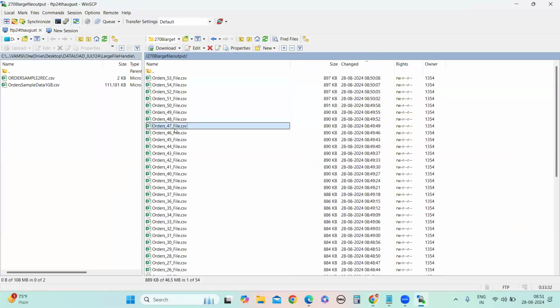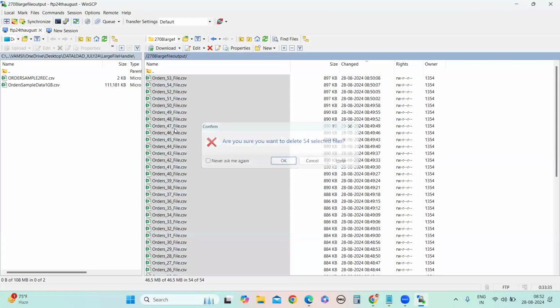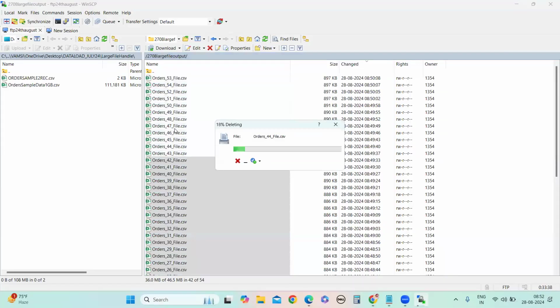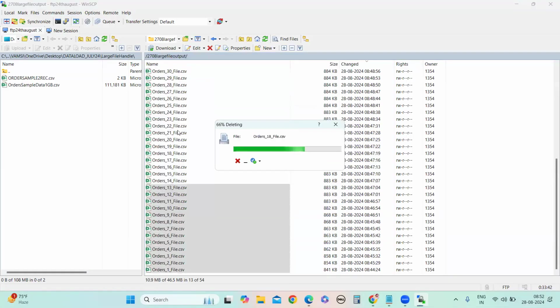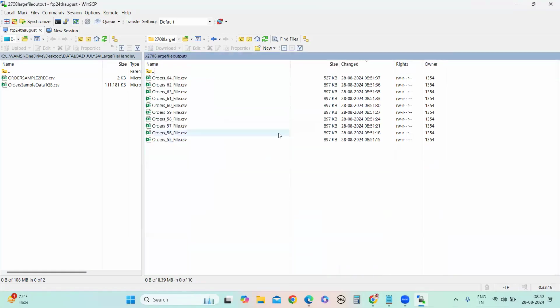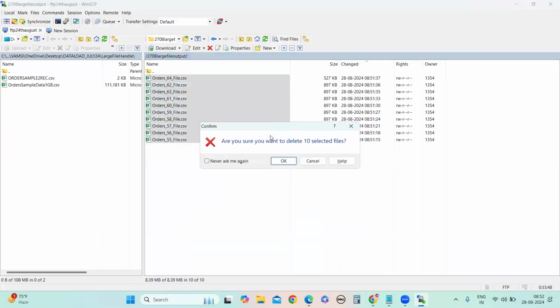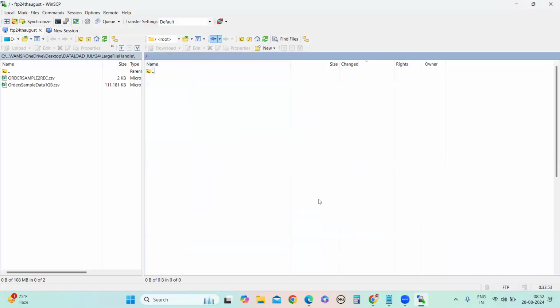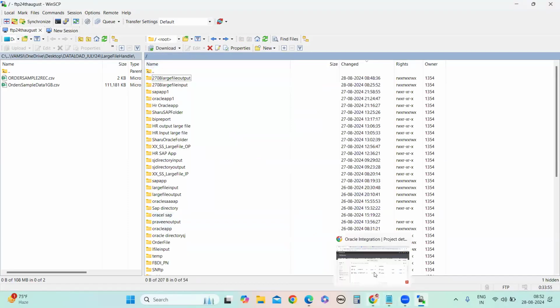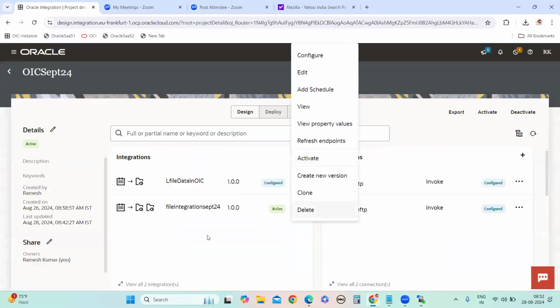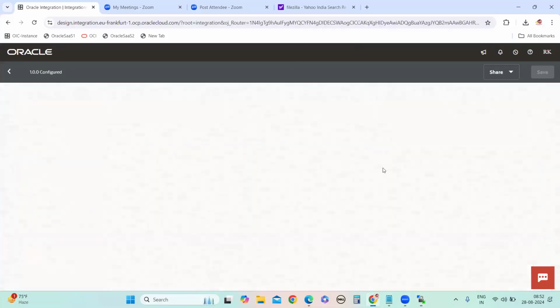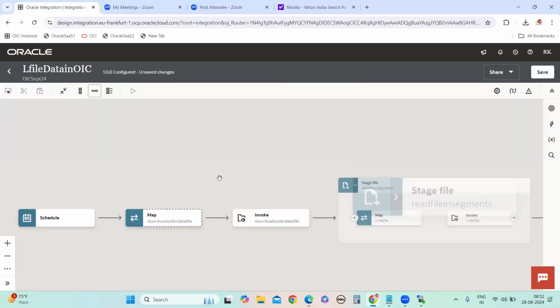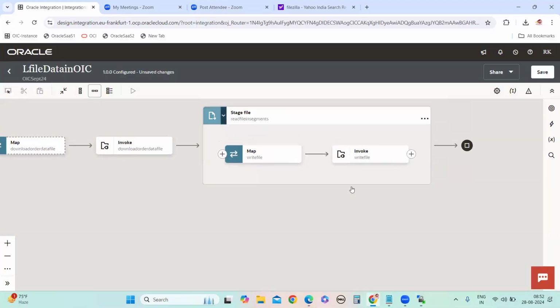So what we will do, we will remove these files. Let's say, all are the same.